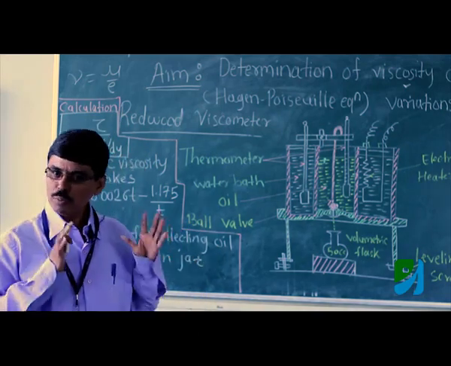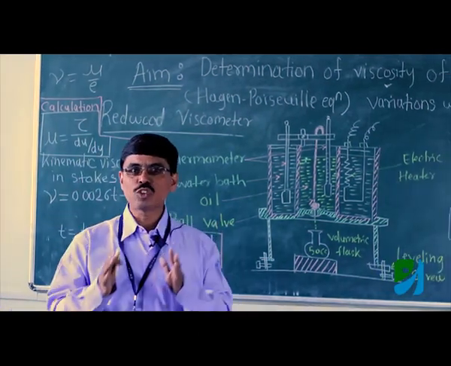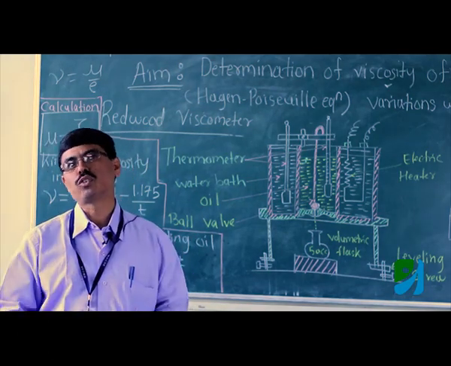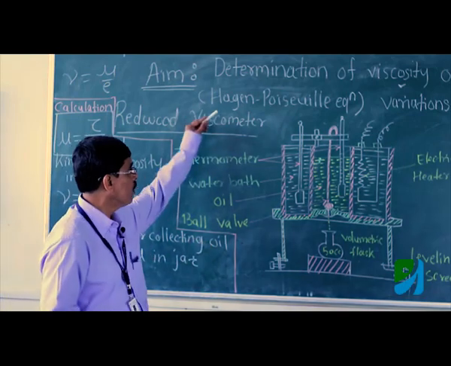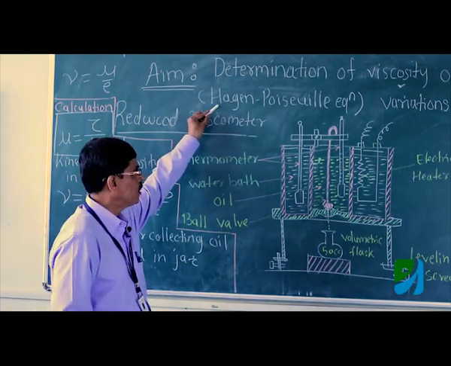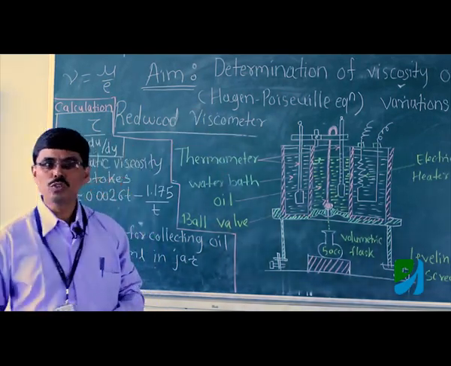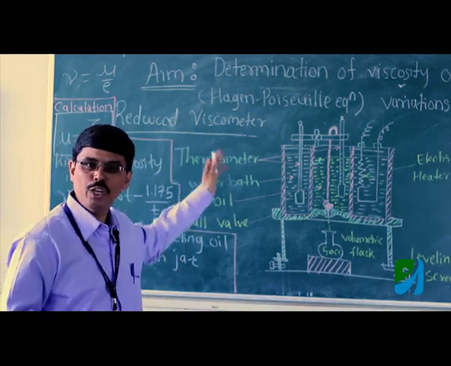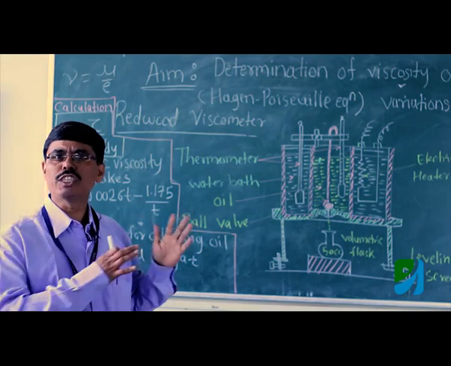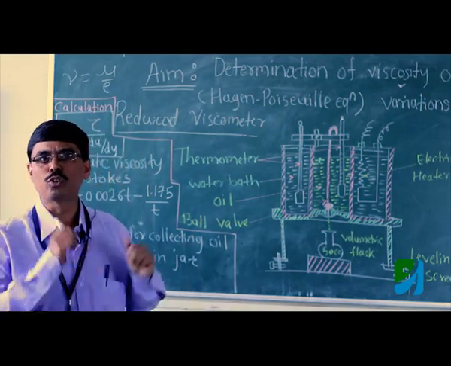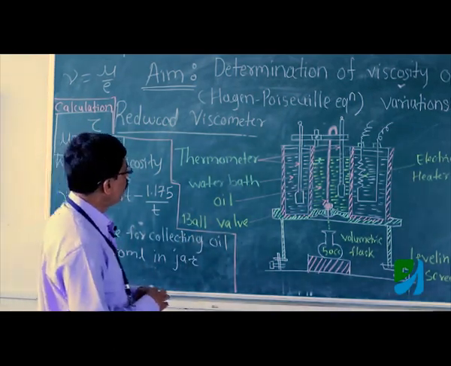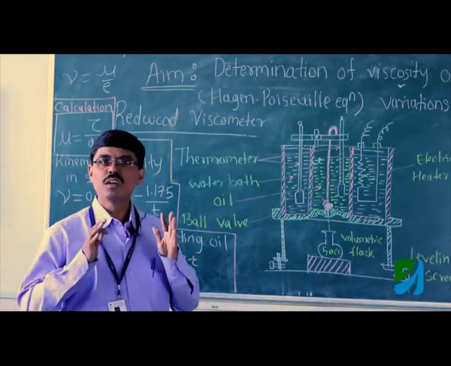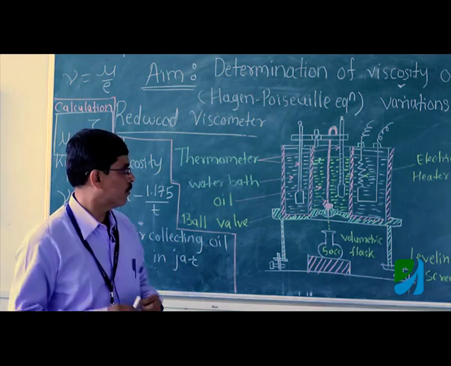So, there are three viscometers that you must understand. Number one, coaxial cylinder viscometer, capillary tube viscometer, and falling sphere viscometer. We are today interested in the capillary tube viscometer, that is by using Hagen-Poiseuille's equation. Today we will see a Redwood viscometer, which falls under the capillary tube viscometer, a modified version of the Seybold viscometer. We will see now how a Redwood viscometer works to determine the viscosity of a given oil.